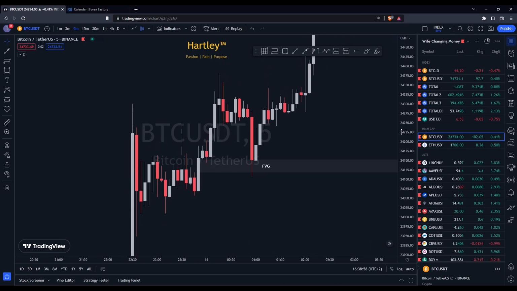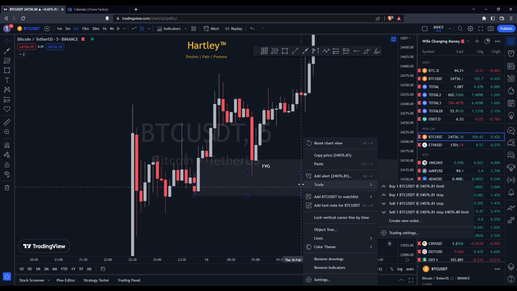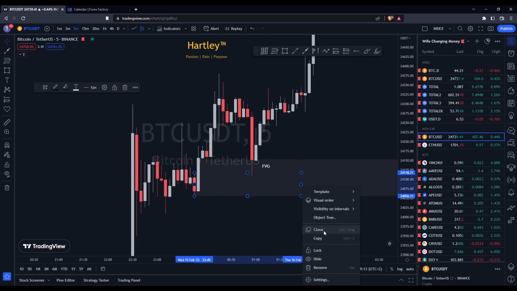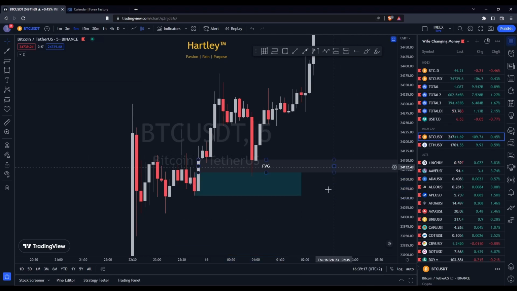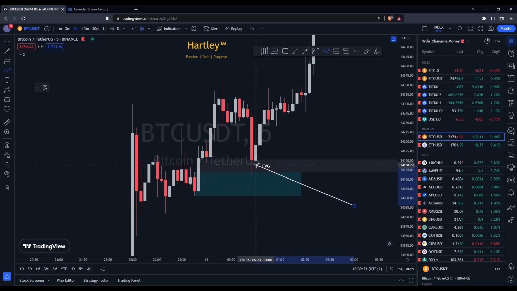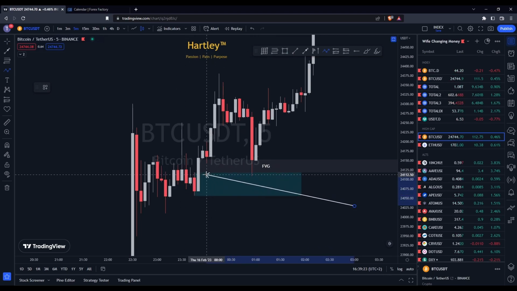Then what the market did was the market then came back to fill out that gap and ended up tapping into an order block at the bottom over here, right? So you see how using fair value gaps in correlation with order blocks can actually help you determine more or less where price can tap into. So for example, if I have an order block right beneath a fair value gap, which often happens, then I would set my order at the top of this